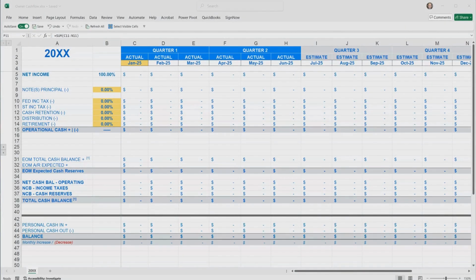Okay, let's talk about the purpose of this spreadsheet. What we're trying to do is determine, as an owner, what kind of system we can set up so it allows me to get paid on a regular basis, some regular amount if possible. This is our approach initially for a fairly simplified business to manage their